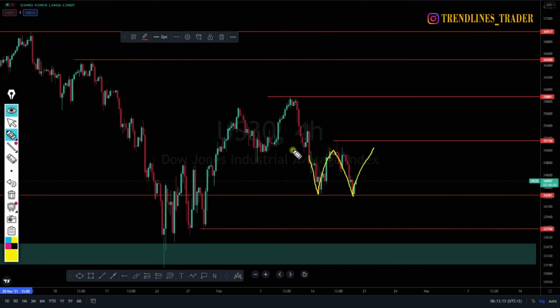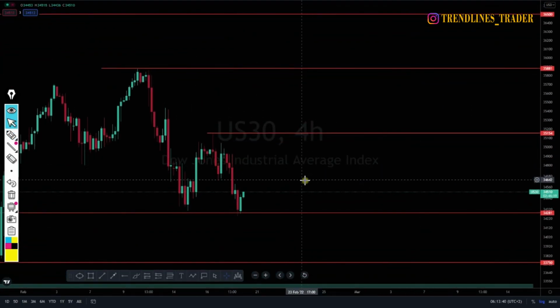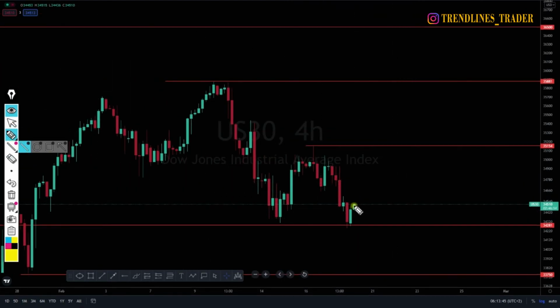We're going to wait for the price to hit this area and break out of it, as it will be very bullish after this consolidation or retest. It will be very bullish. But one thing I can tell you is the same as NASDAQ. Remember, US30 and NASDAQ, sometimes they do correlate. We can tell that the price, if it closes above